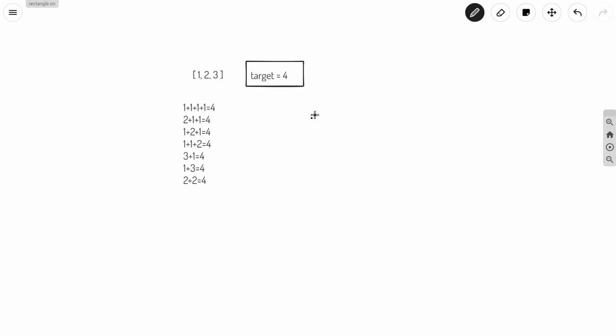So what we will do is iterate over the array nums and choose numbers. If we choose any particular number, our target will be reduced.